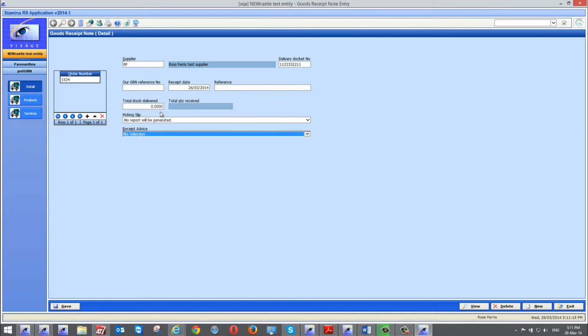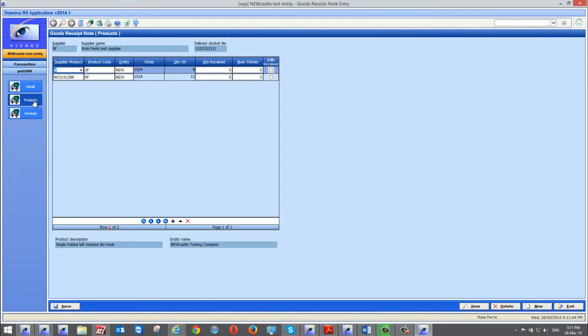Their content and format will be customized specifically for you, so you would choose whatever the appropriate option is there, and that option will vary depending on what information you have contained, and also whether you're using things like the advanced warehousing solution with portable RF units and so forth. If we then just move across to the products area,